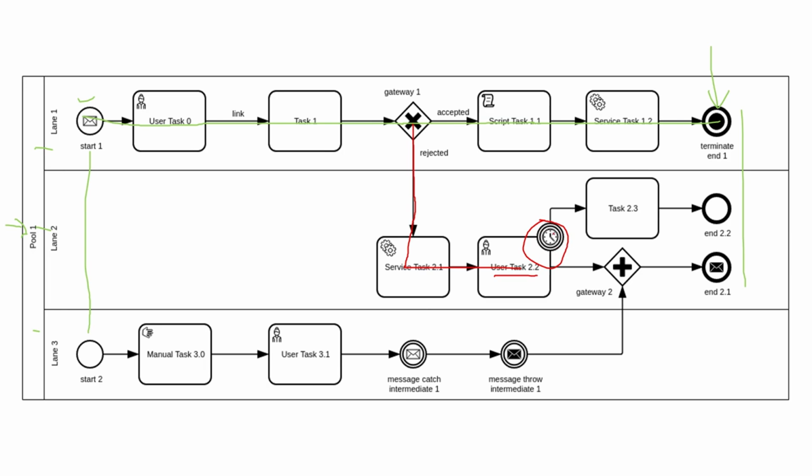intercepting. So there are two ways to model this. Here you can see a straight line, or you could see a dotted line, which is not straight. And as it here is a straight line timer event, it means the following. Let's say we would add the annotation 10 minutes, okay? 10 minutes here. So this means when the user is doing user task 2.2 and the user takes 10 minutes,